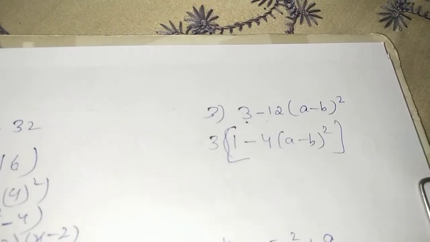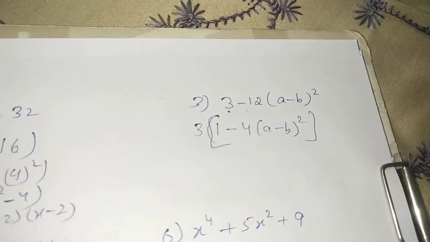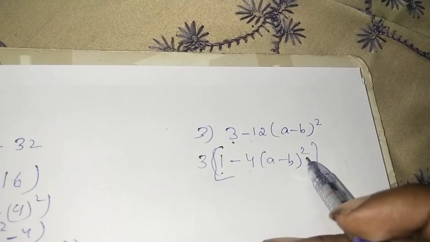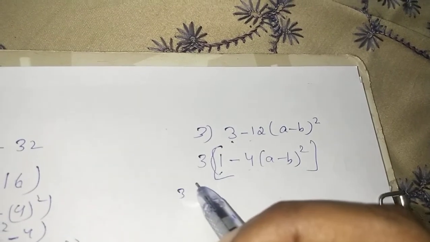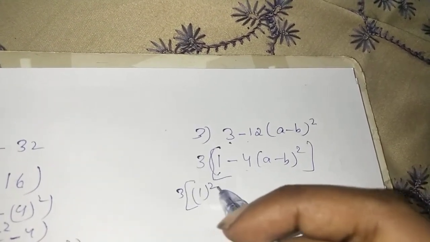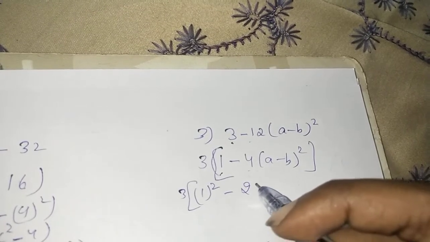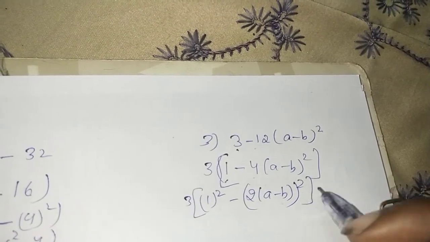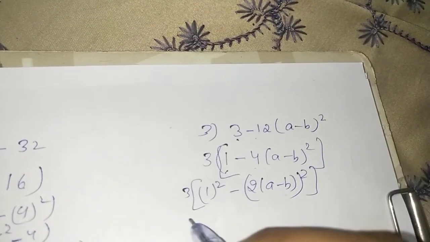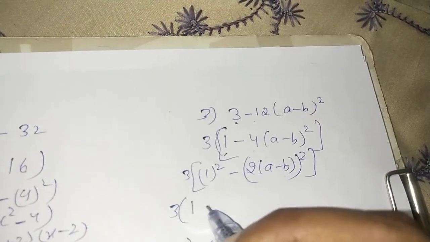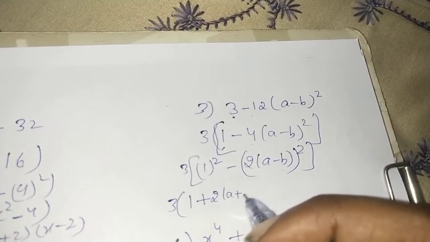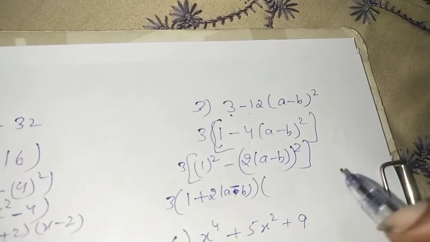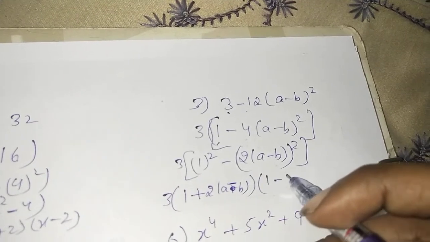Now is there anything common? Now nothing in common. And is there any square? No, 1 is not a square, 4 is a square, the bracket is also given in the form of a square. Yes, we know that 1 is a square of 1. So we will have to represent it as square of 1, and similarly this combined thing will be written as twice of a minus b whole square, because the entire thing has to be represented in the form of a square. So it will be a plus b, sorry, this is minus sign, in one bracket, and in the other bracket a minus b.